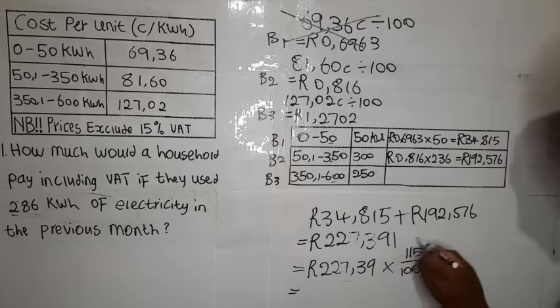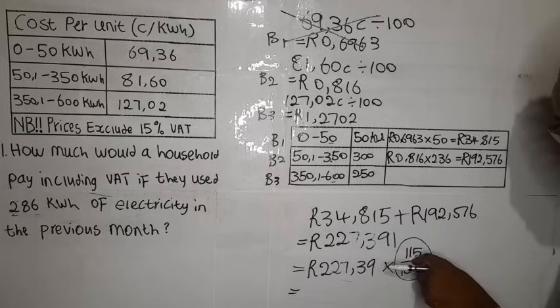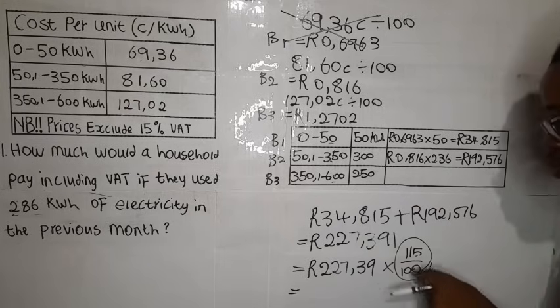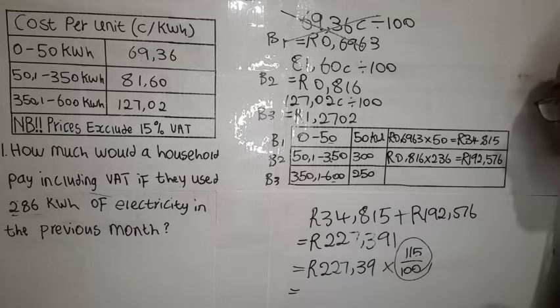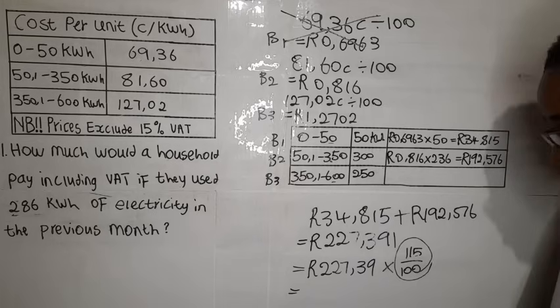What this means is that you want to add 15% to the 100%. This is the 100%, so we are turning it into 115%. So you say 115 over 100. And then when you press your calculator,